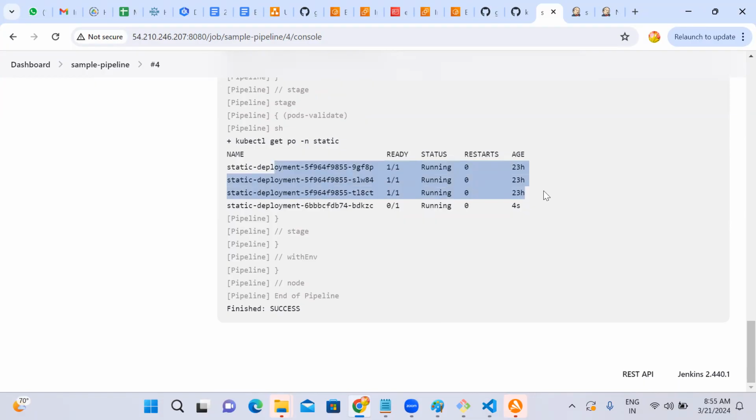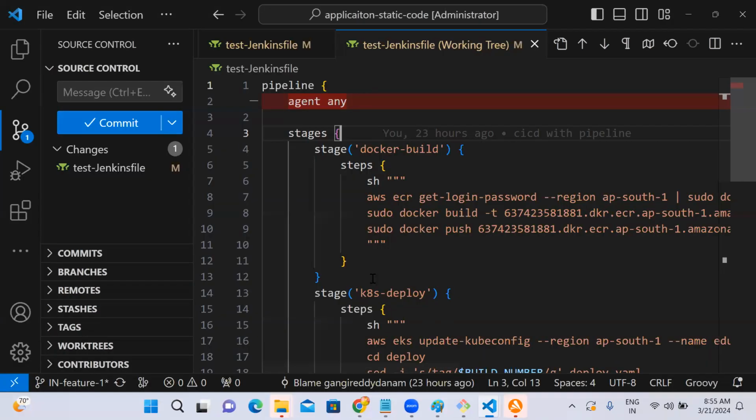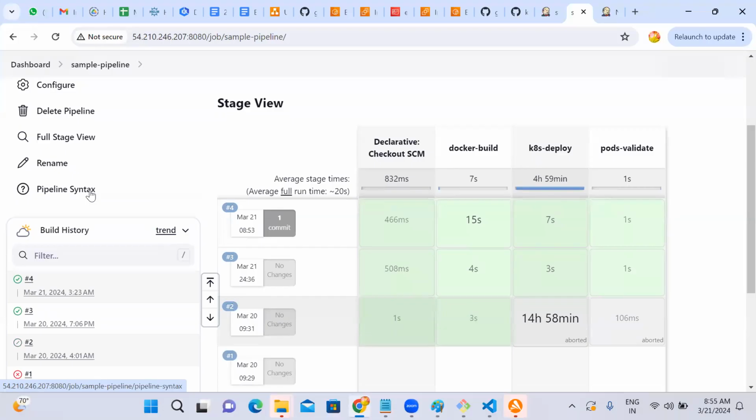And one more thing, from this pipeline you can trigger other pipelines also. There is a syntax called trigger. The beauty with Jenkins, right? There is one place, pipeline syntax, here. It will give you